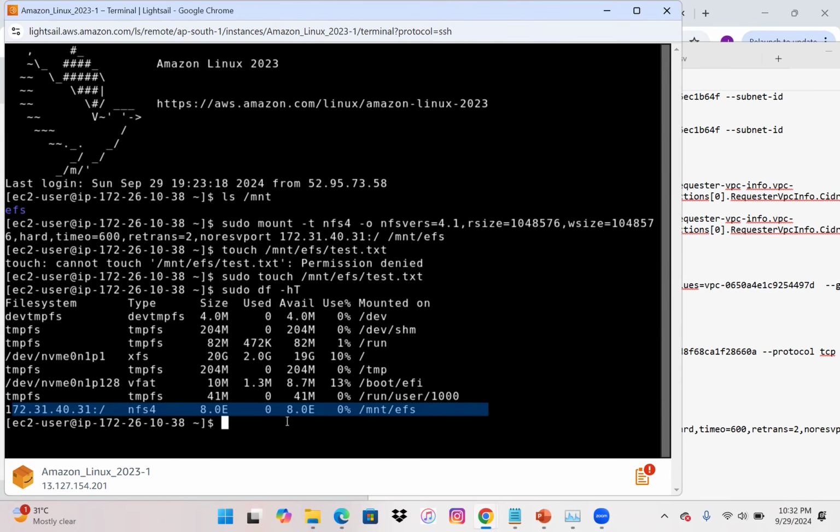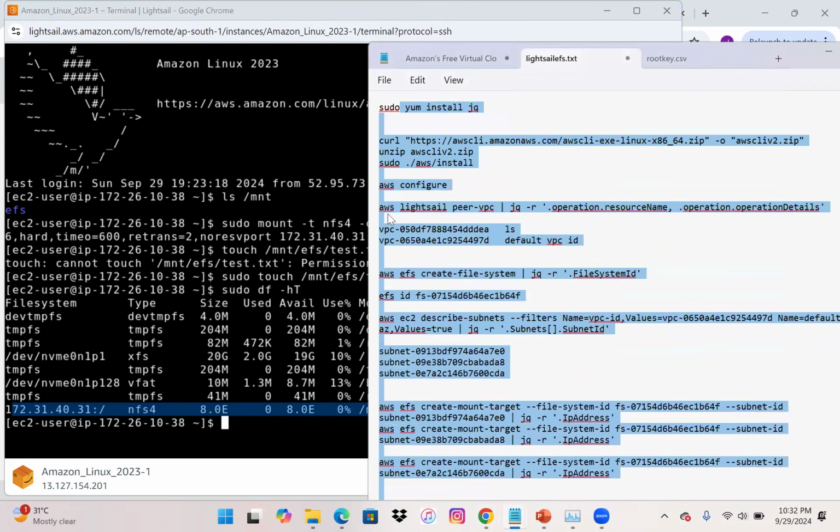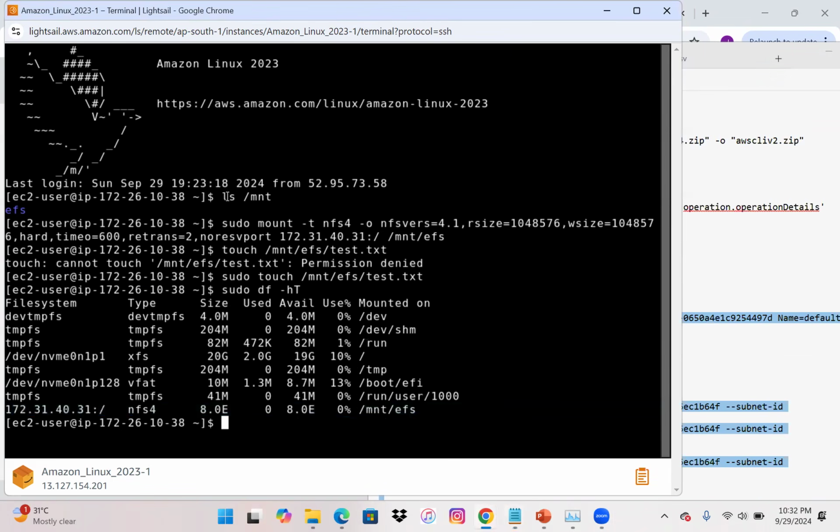Similarly, if you want to have another Lightsail instance, you can get it done. So these are the few commands. I'll just copy paste these commands in order to use the EFS with multiple Lightsails. Once you have done with this, make sure you delete all those things, those mount targets, and basically you should revoke the security group, and the very first thing that you have to do with the AWS EC2,